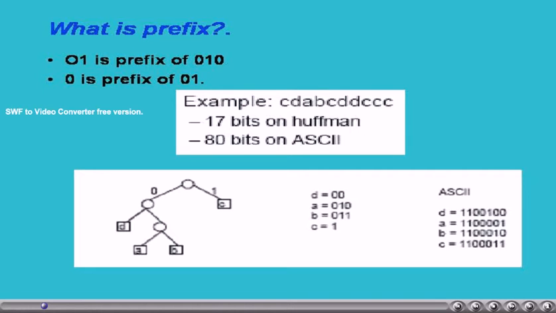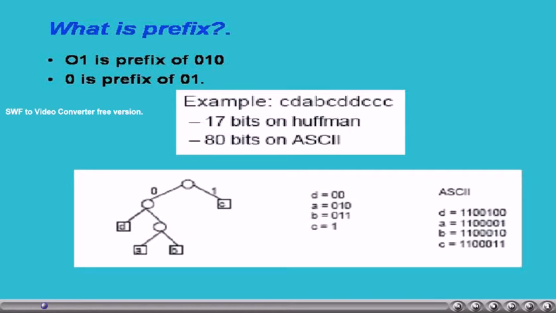Whereas for the symbol A, the code is 010. How did we get it? If you traverse from the root node, A is on the left-hand side, thus first 0, and then you have to go right side, thus 1, and again you go left side, that is 0. Thus the code of A is 010. The same thing, if you want to write from the least significant bit, you start from A: go left, then right, and then left, so you get 010. Like this the codes are designed.